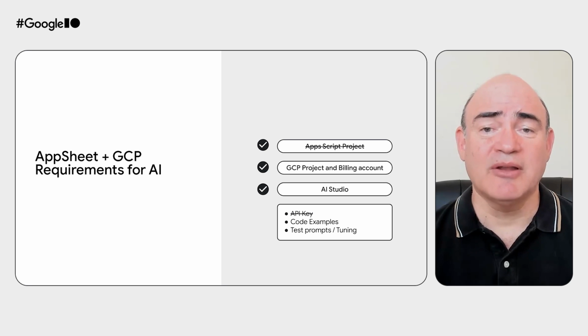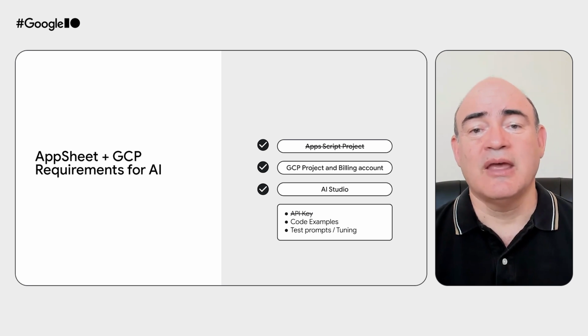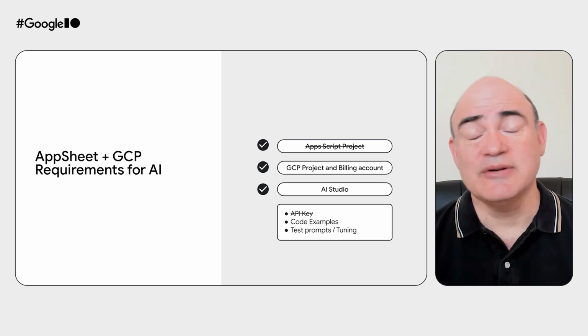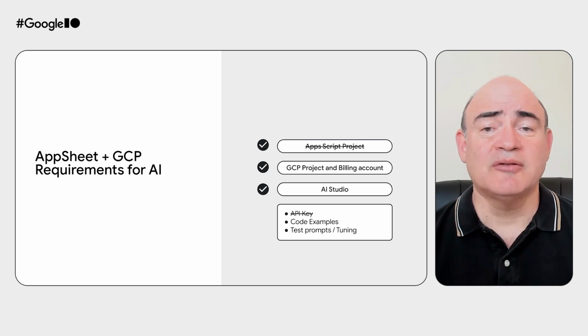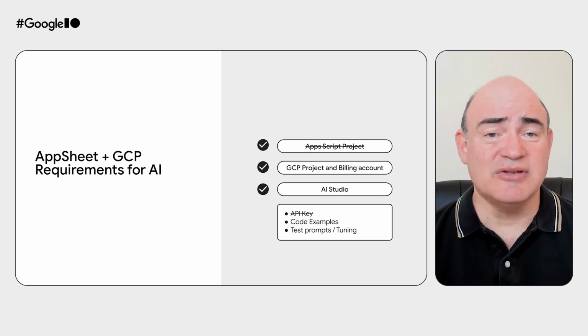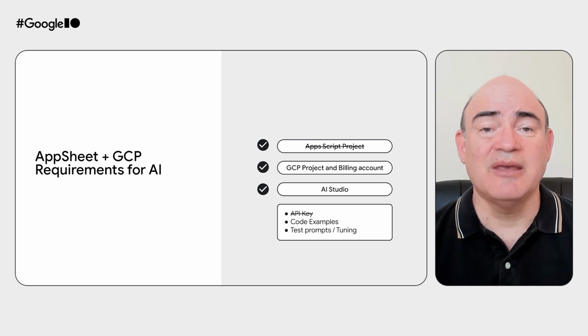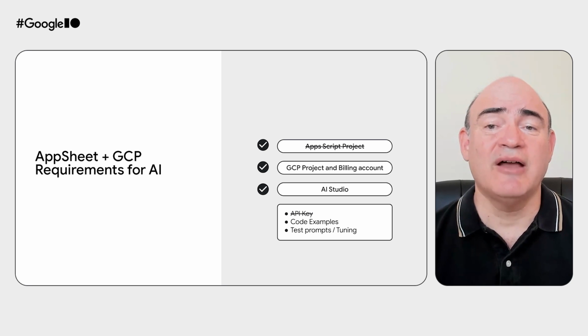First, let's review the requirements for using GCP and AppSheet for AI. As you can see, they're almost identical to AppSheet and Workspace, but in this case, an AppScript project is obviously not required. As before, a Google Cloud Platform or GCP project is needed along with an associated billing account. And similar to before as well, AI Studio is also an extremely useful tool for experimenting with different AI solutions. However, for GCP, the Google Cloud Platform has an AI Studio built into the Cloud Console. It is called Vertex AI Studio,